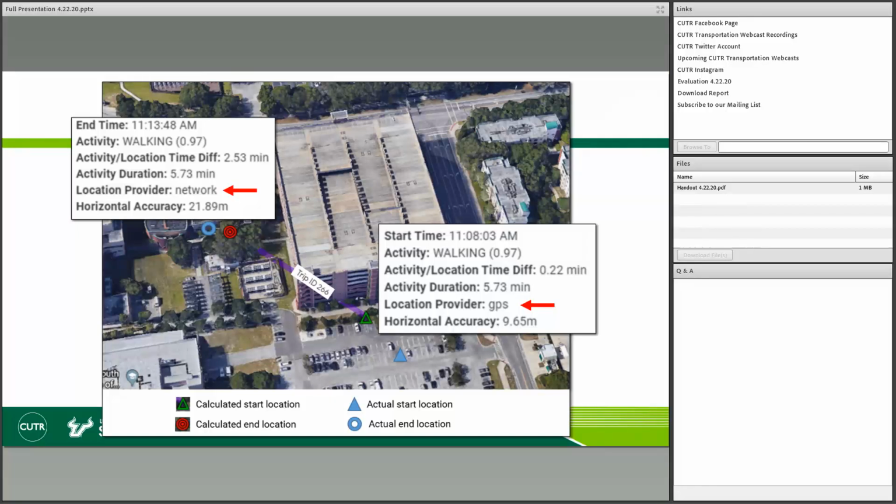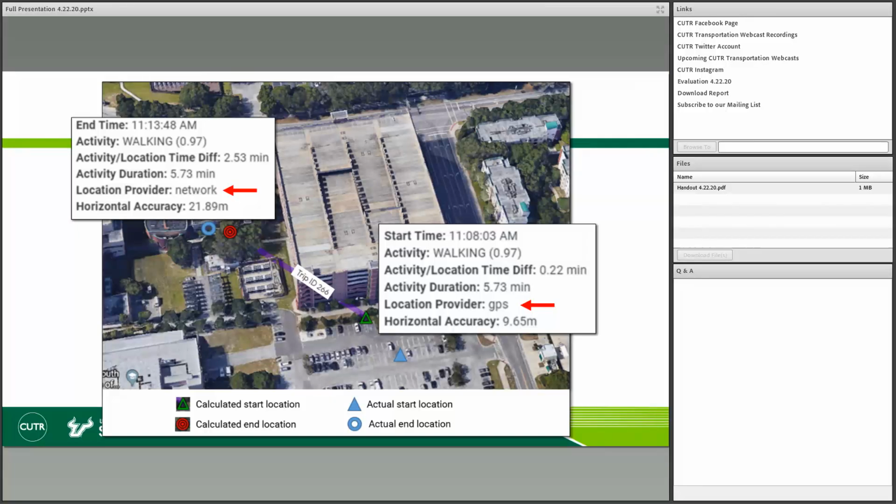The location it calculated is really close to my actual desk location, which is the blue circle. You can also see there was a greater delay. The time difference was 2.5 minutes, but I was stationary during that delay, so spatially, the difference between where I actually ended the activity and the location we captured is really not that different.